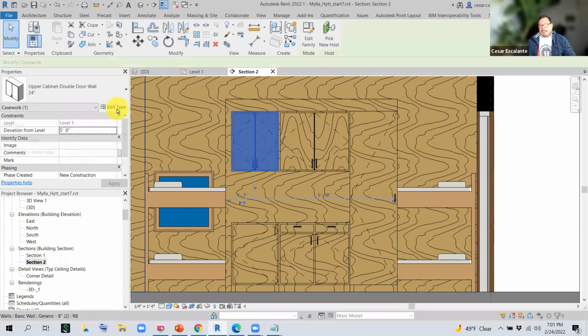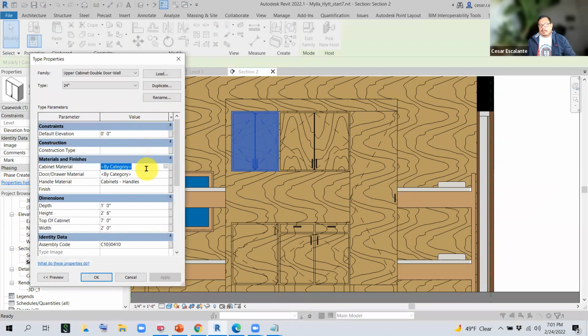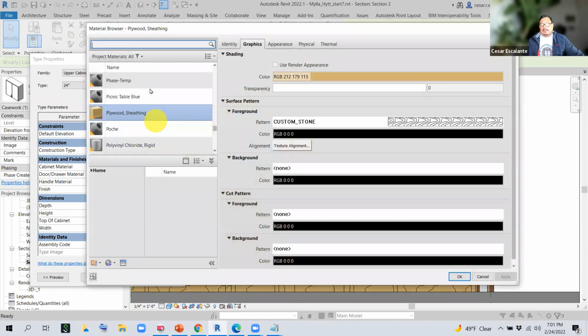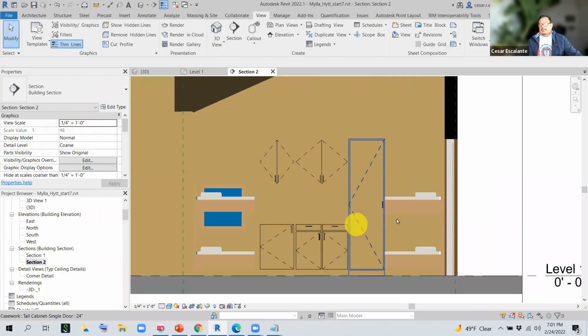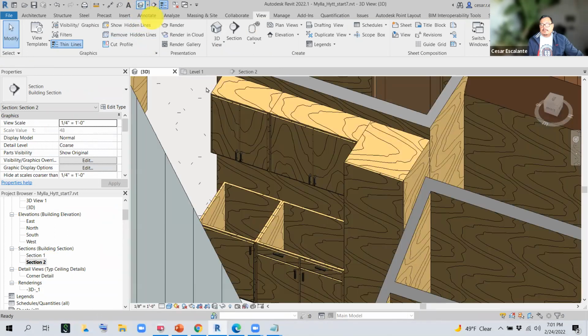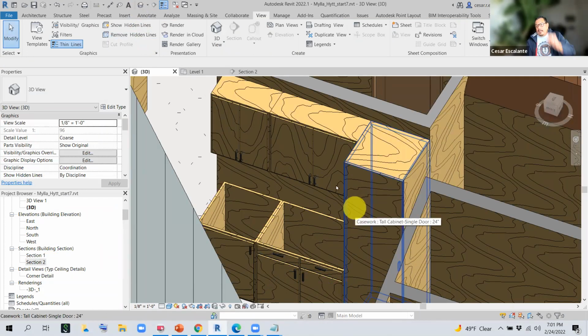Select the cabinet, edit the type, and change this to plywood sheeting. Control C, Control V. Okay,